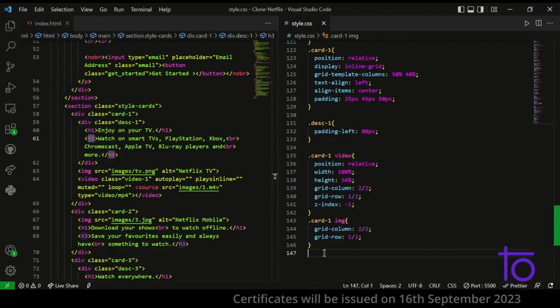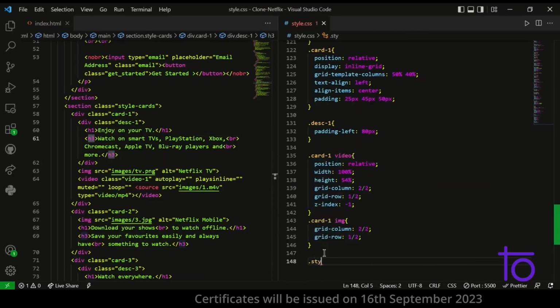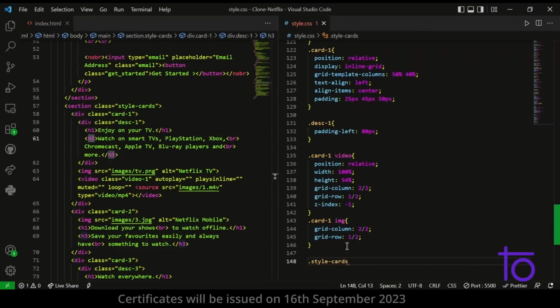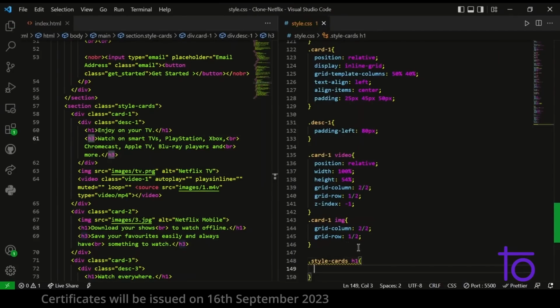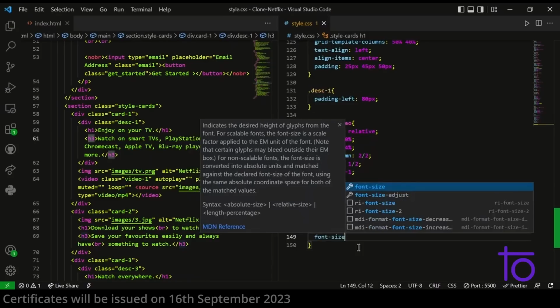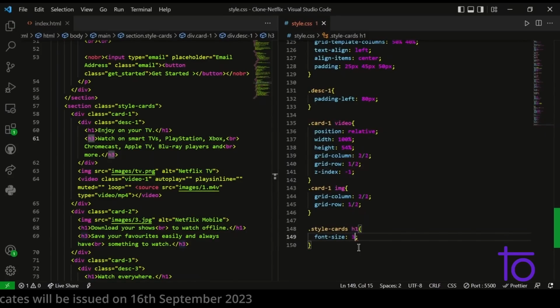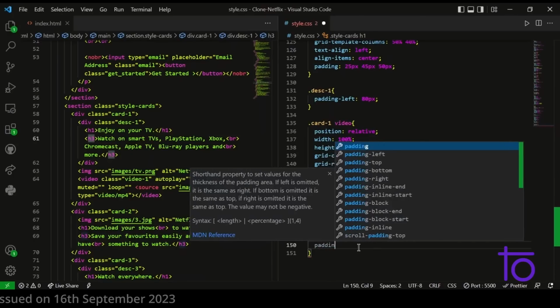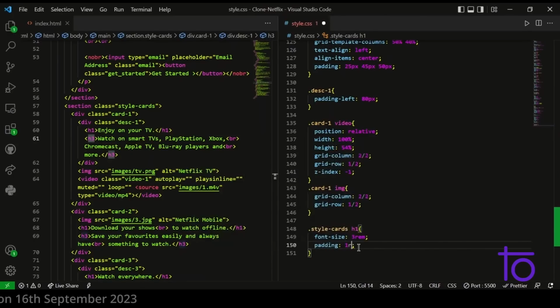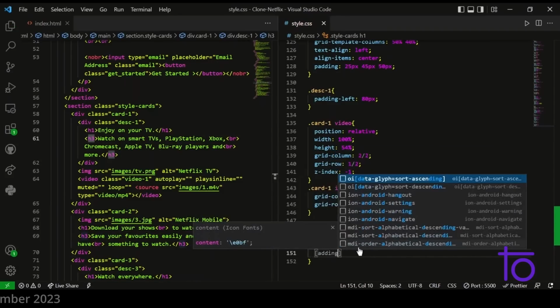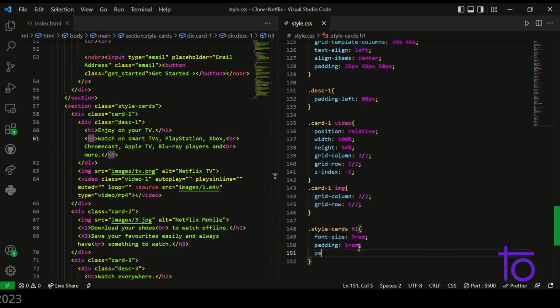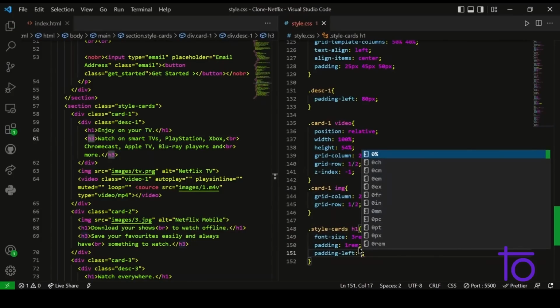So we'll take the class here, style cards, which we took initially when we were creating this section. We'll take the card style cards, and firstly we'll style the h1 tags. So font size is going to be 3rem. Padding will be 1rem, and we also need a little padding towards the left. So we'll add padding-left as